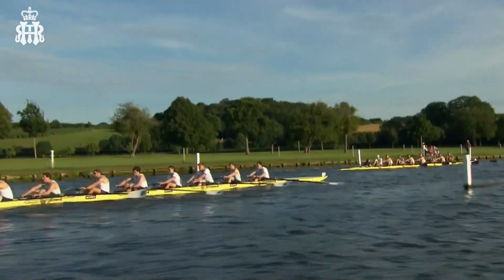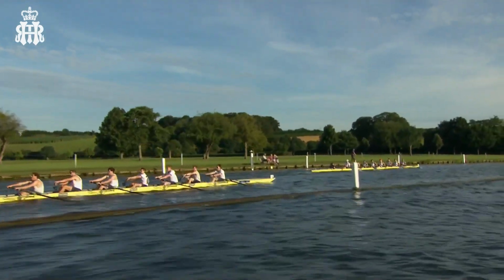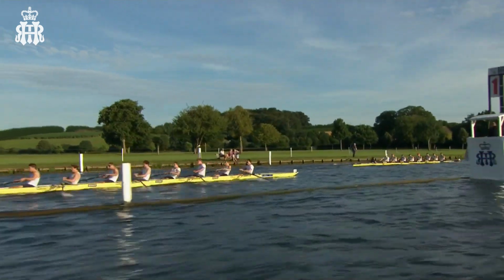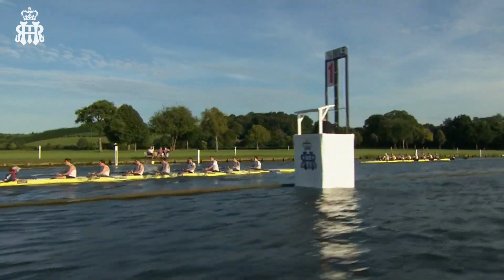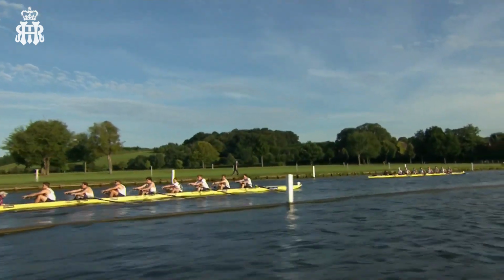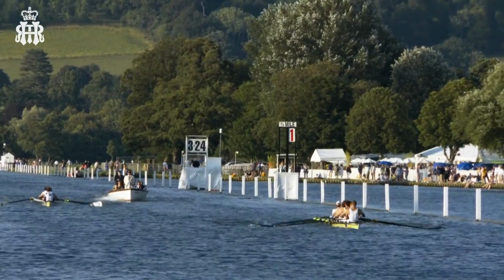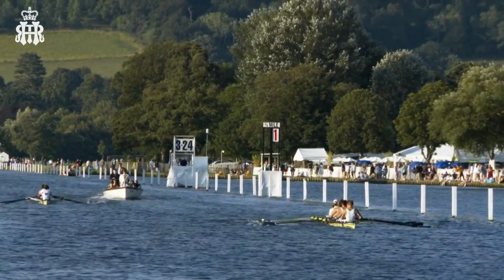a real go. But on the far side, let's give credit to the local crew from Henley Rowing Club, their club just by the bridge here. Second in the B final at Marlow. All of them, apart from the strokeman, have raced twice or more at Henley Regatta. That experience, both of the track, the river, and racing at Henley, counting very much in their favour as we